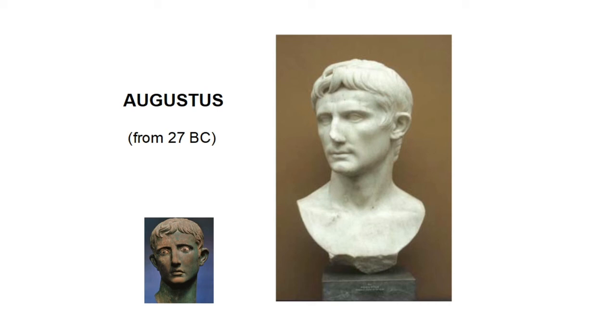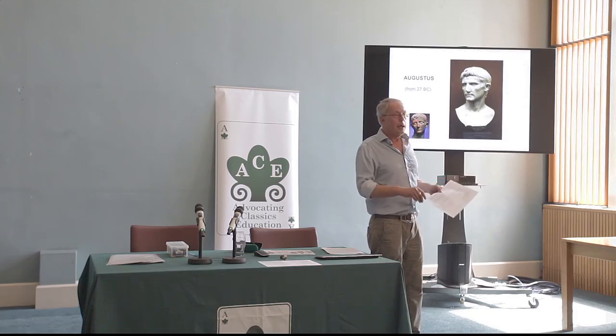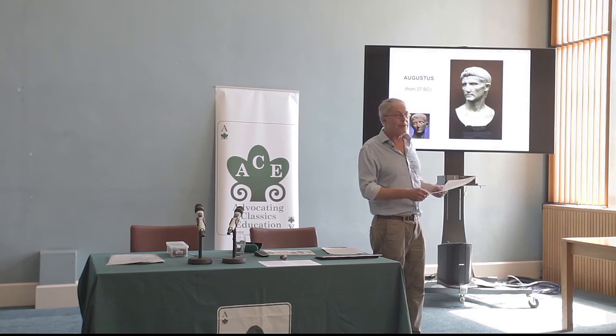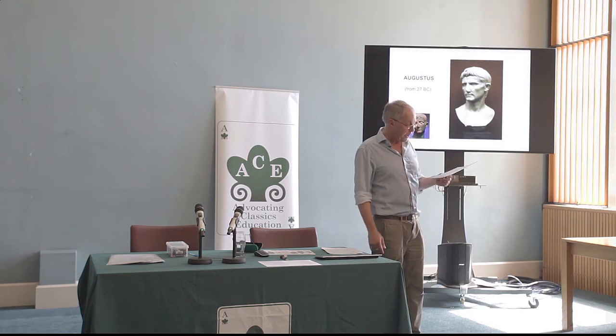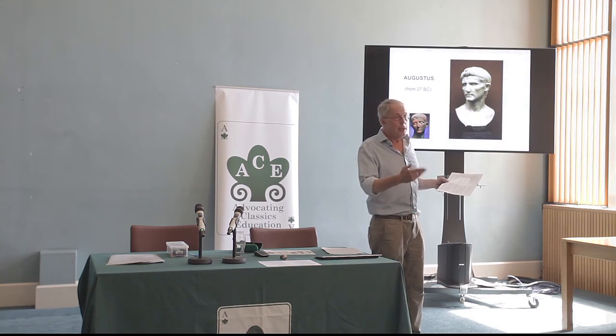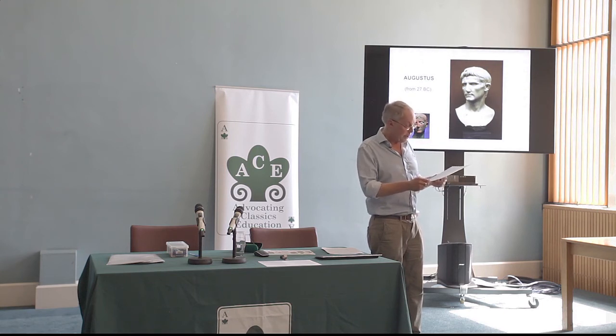The last thing I want to bring up is a passage of an author who isn't specified, a guy called Velleius Paterculus, who was a military officer and a senator under Augustus and Tiberius, and wrote a handy little 2-volume history of Rome for people who couldn't face the 142 books of Livy. And he writes, under Tiberius, he's been made praetor by Augustus. And it's just to see what he says about 28 to 27 BC.